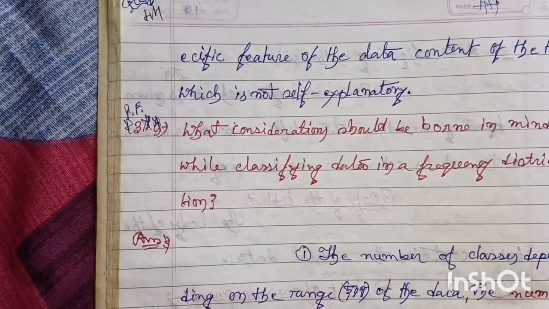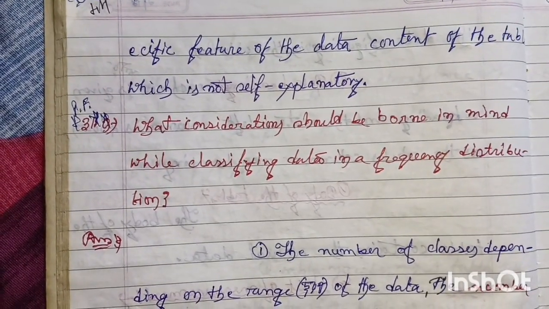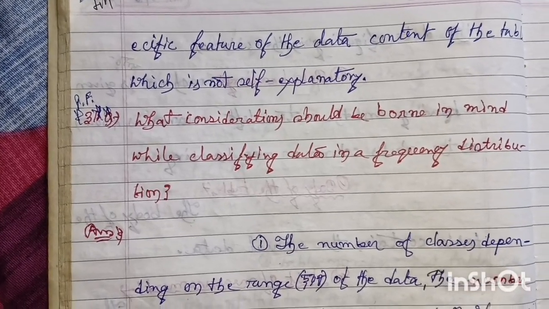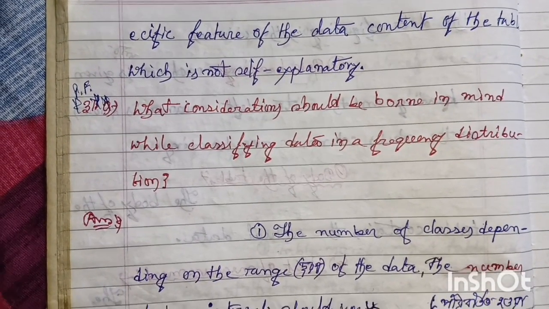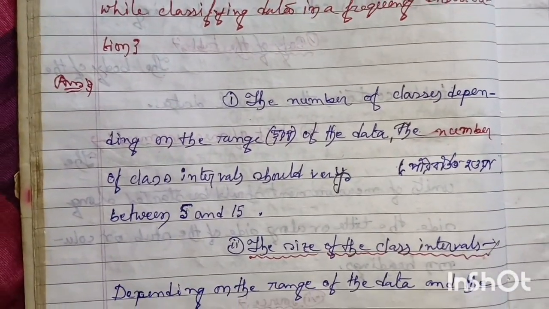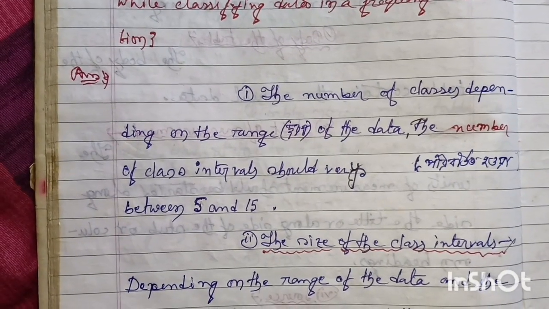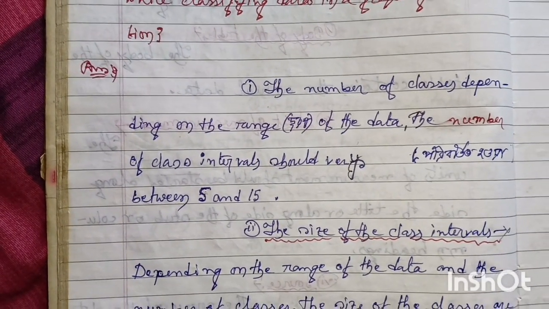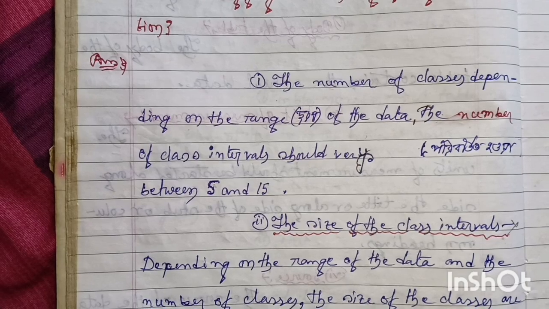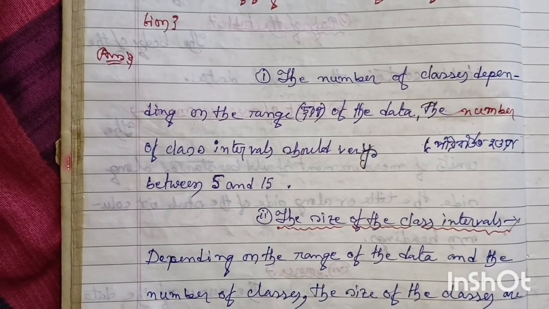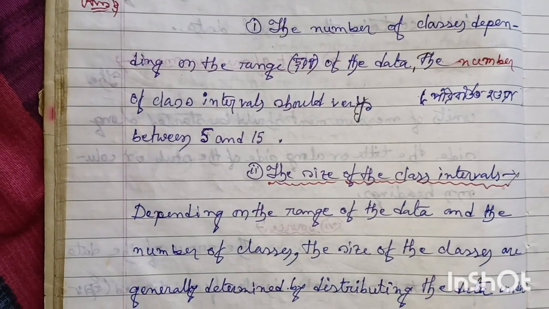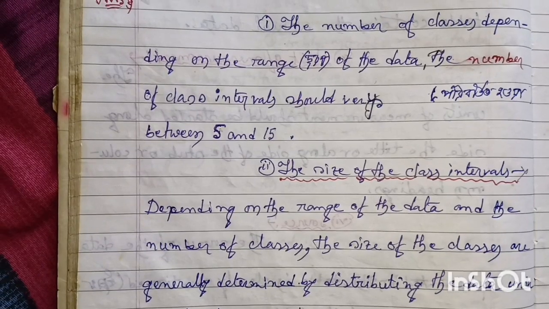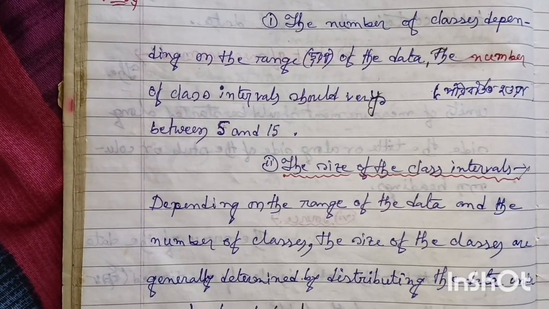What considerations should be borne in mind while classifying data in a frequency distribution? Number 1. The number of classes depending on the range of the data. The number of class intervals should vary between 5 and 15. Number 2. The size of the class intervals depending on the range of the data and the number of classes,